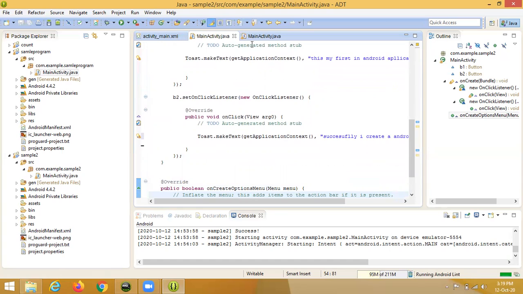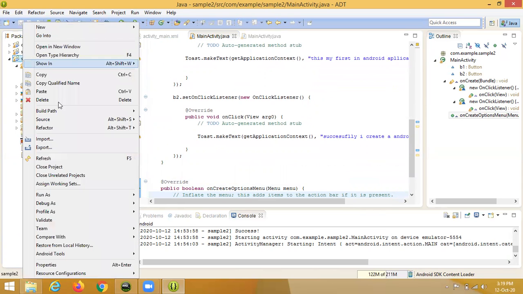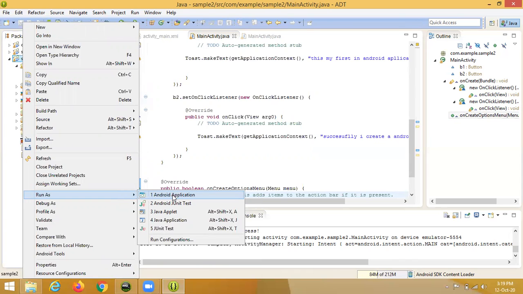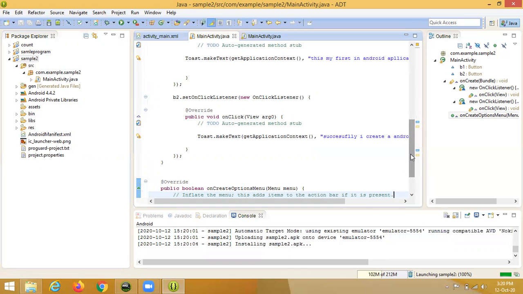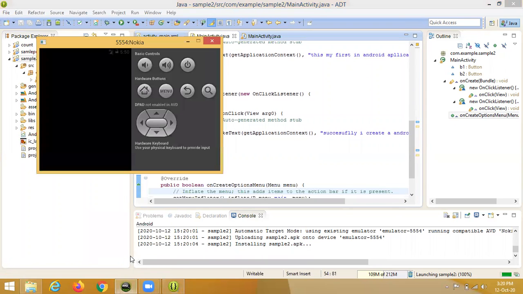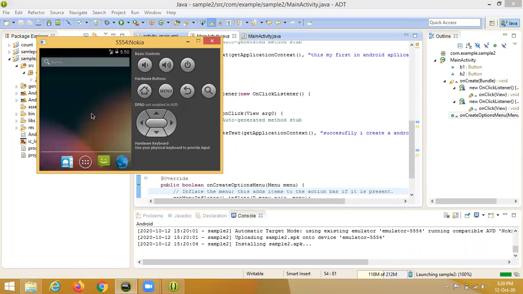First we save, then compile, or basically the same, if we want to debug or run as Android application. It takes 30 to 40 seconds to compile. Our emulator will be on. Now we check the status.